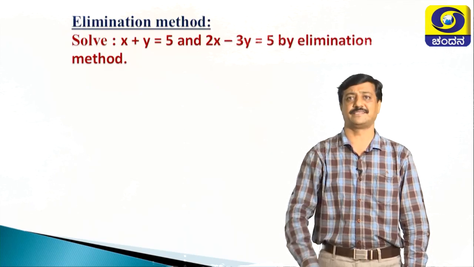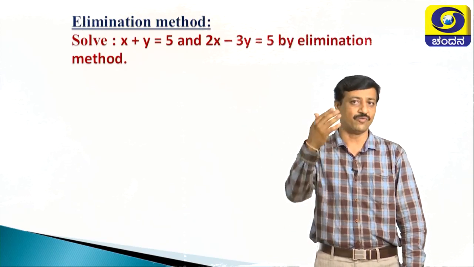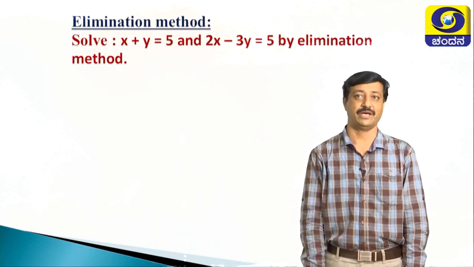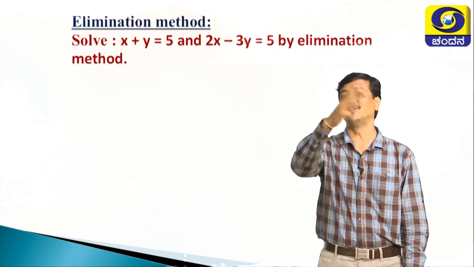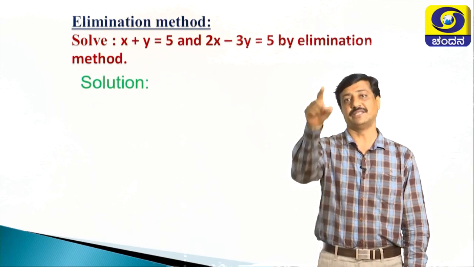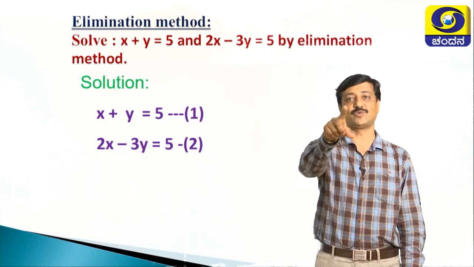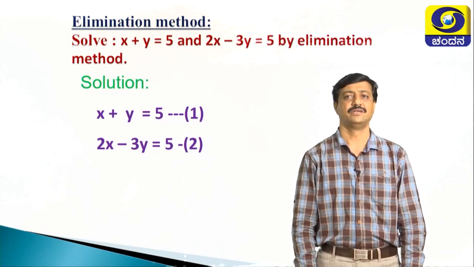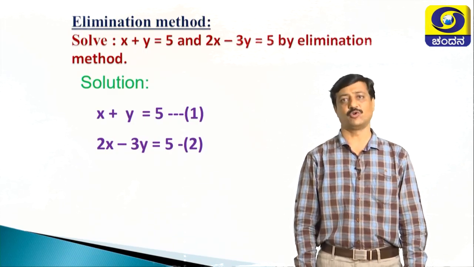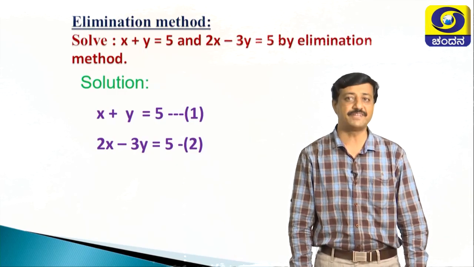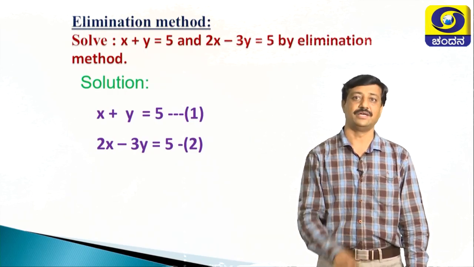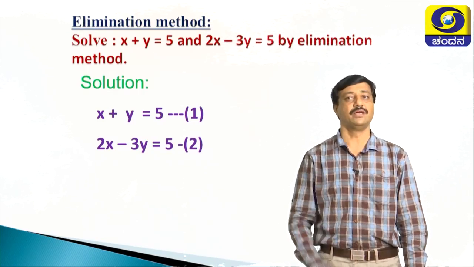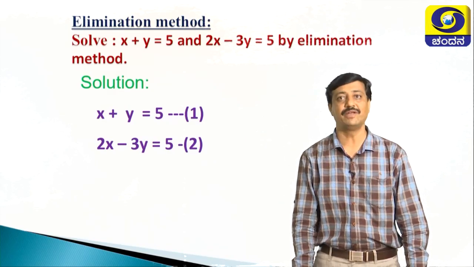The word itself says elimination. We are going to eliminate one of the variables. You can eliminate either y or x, whatever it may be, depending upon the coefficients of both the variables. Now, take the given equations as 1 and 2, I mean x plus y equals 5 and 2x minus 3y equals 4, that is equation number 2. Just compare the coefficients of both the variables. In the first equation, the coefficient of x is 1, in the second equation, the coefficient of x is 2. Coefficients are not equal. In the same way, the y coefficients are also not equal.